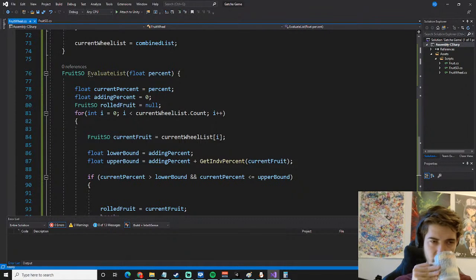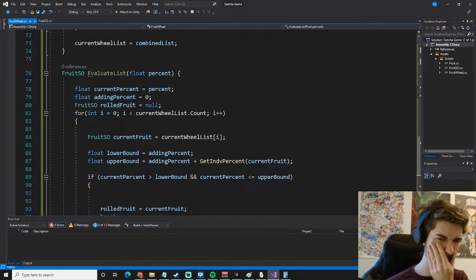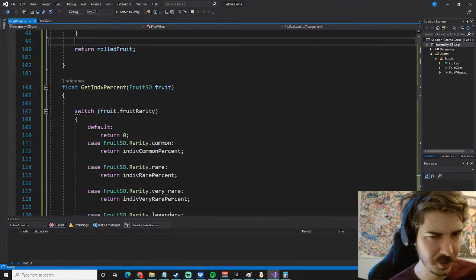So with the visual, we need to be like bonk bonk bonk bonk bonk bonk bonk, right? That doesn't make any sense, but